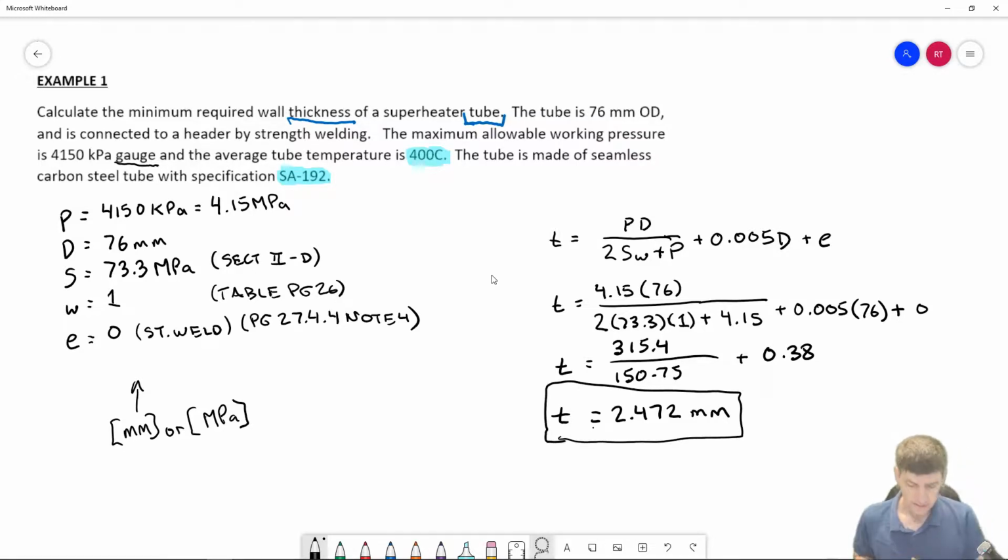Okay. And what that provides you is the absolute minimum thickness that's needed to hold back that pressure. Now, that doesn't mean that a tube that is 2.472 millimeters thick is going to be suitable. You still may have to account for other damage that may happen to the tube or the support structure to hold it in place. But that is just telling you, as a bare minimum, any tube that's going to be used in that type of pressure application, in order to hold the pressure, has to be